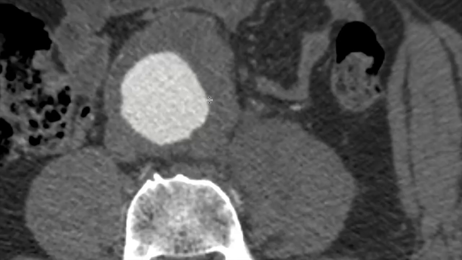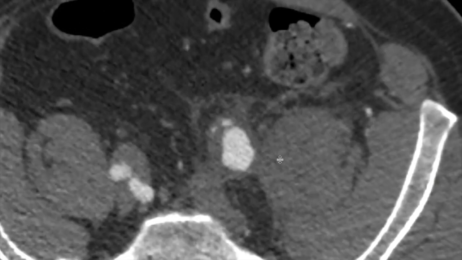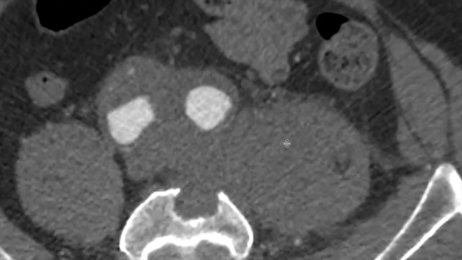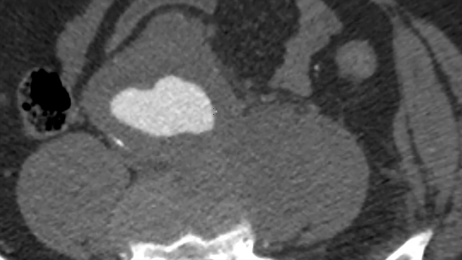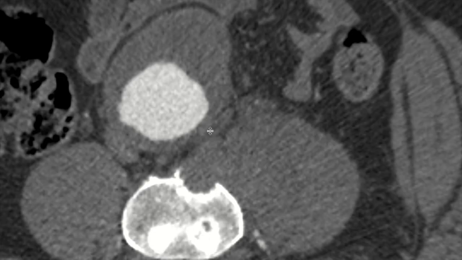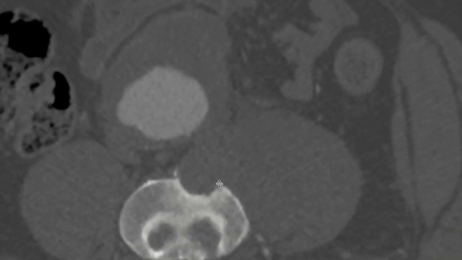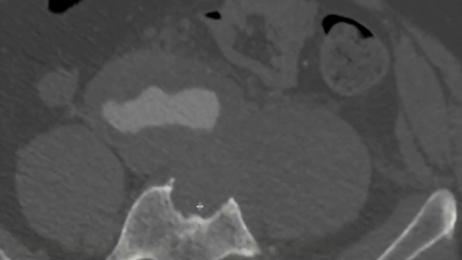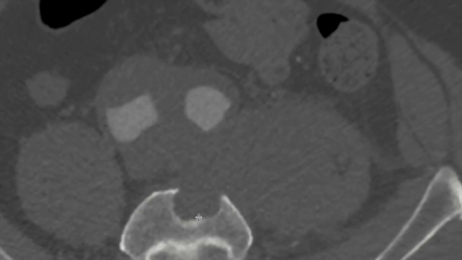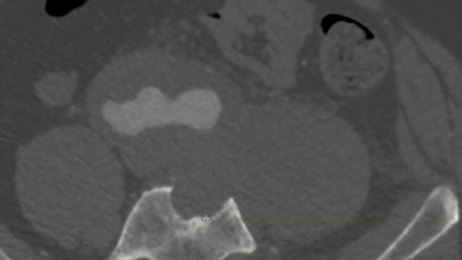We don't see any contrast spilling out to suggest an active extravasation, but it's still somewhat concerning for an intermittent rupture. Now, one of the interesting features is if we go to the bone windows and take a look at it, you can see that there's what looks like a lytic lesion involving the anterior portion of the vertebral bodies here. And while one can think about whether this represents metastatic disease,